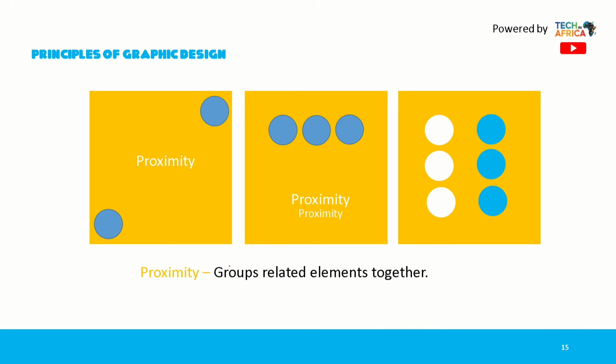The next on our list is proximity. Proximity is basically grouping related elements together. Together can mean that they are all within one location, or they are related in terms of their distance and where they are positioned. For instance, you see these circles are all together. Okay, but